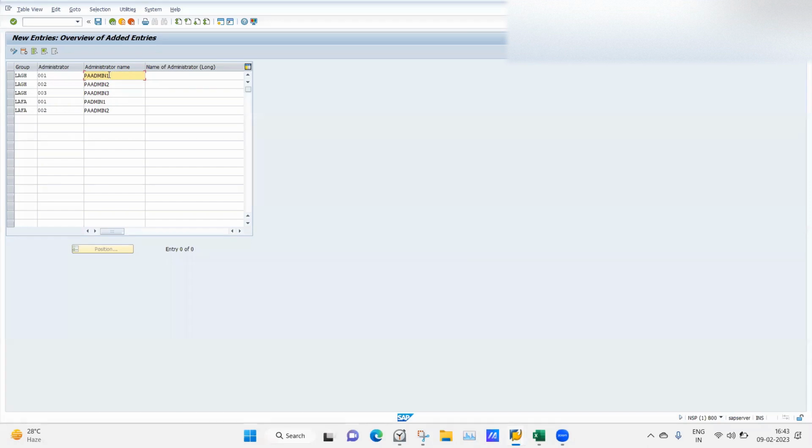This means that one administrator will be assigning the PA admin related roles. Here I can give TA admin related roles. Here I can give payroll admin related roles. This admin will give those. I can also give a normal name, like Bikram, Akram,